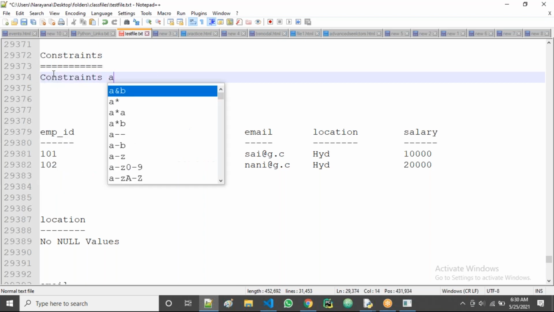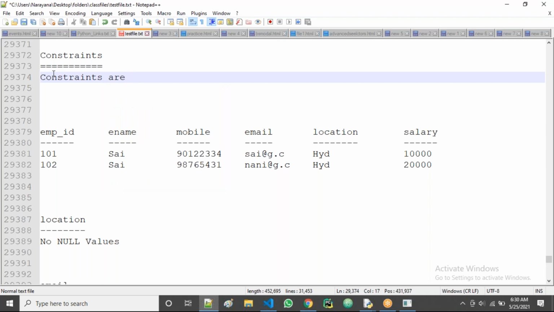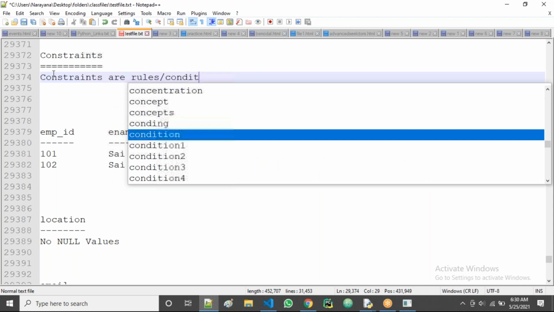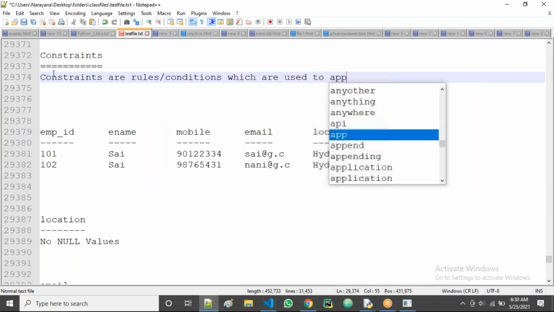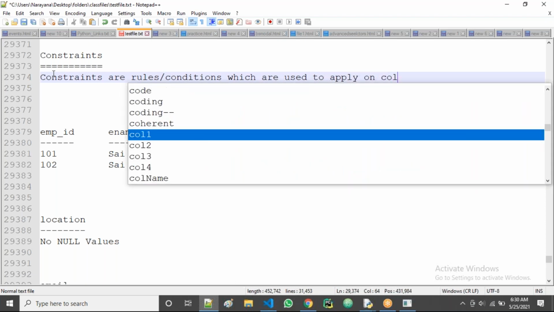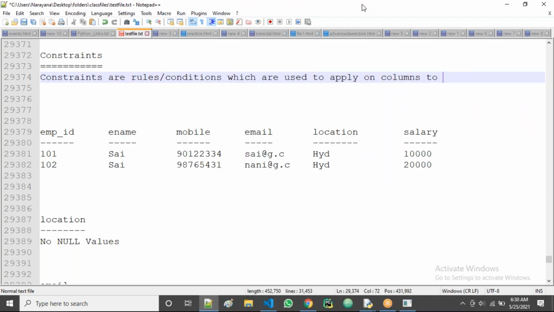Constraints are rules, or you can take conditions, which are used to apply on columns to control the data in the columns, guys.